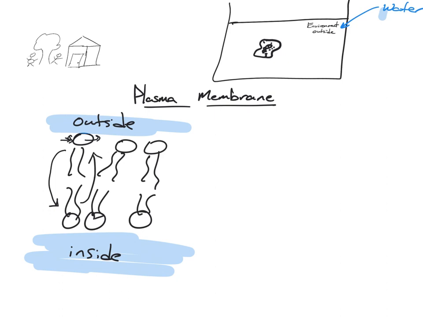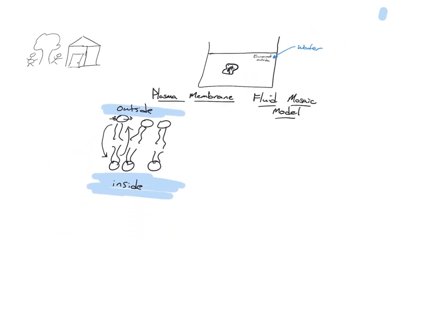We call it a fluid mosaic. Do you know what a mosaic is? Model. Fluid mosaic model. All right, has anybody ever seen stained glass? Yeah. Anybody ever seen a picture? You ever see like a bunch of colored tiles where somebody put them together to form an illustration? All right, that's called a mosaic.